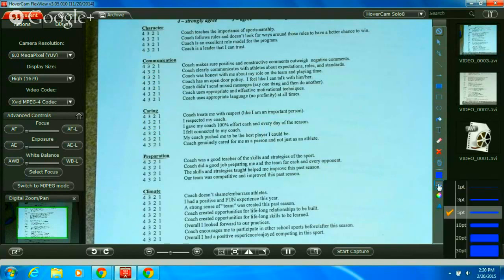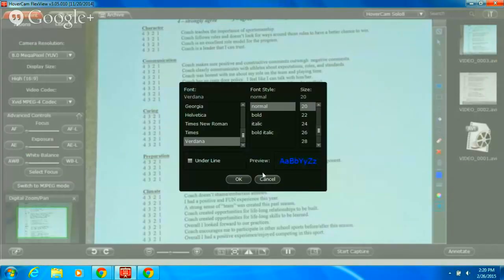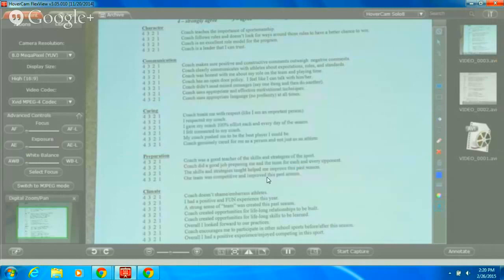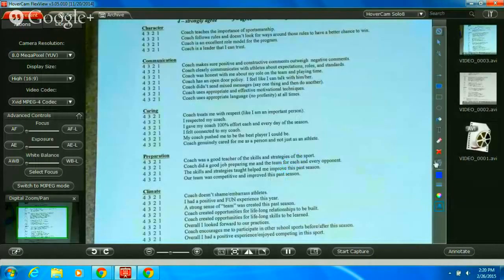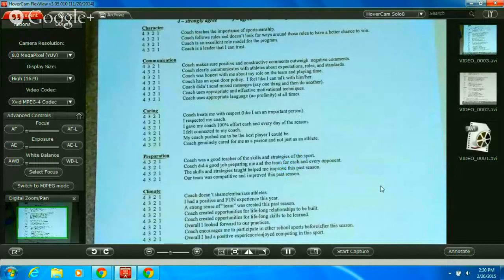So down here again, you can pick the color, or this has more colors. You can choose the thickness of your lines if you have something that you're making a line with. And then here you can manipulate the type of font that you have. So again, that's a little bit about the annotation features. If I'm done annotating, I can just click it, and then that goes away. So that's an overview of how you can use the HoverCam FlexView software